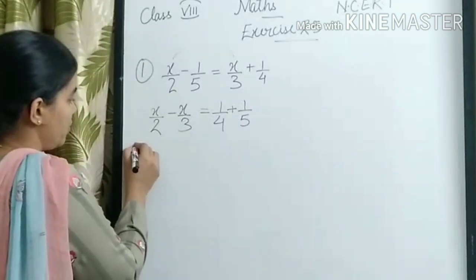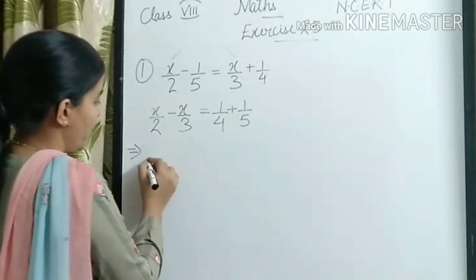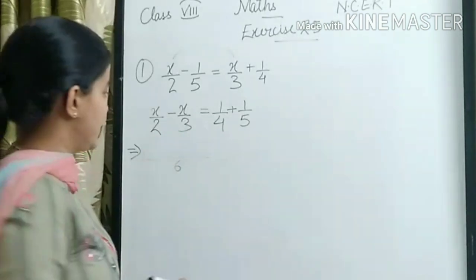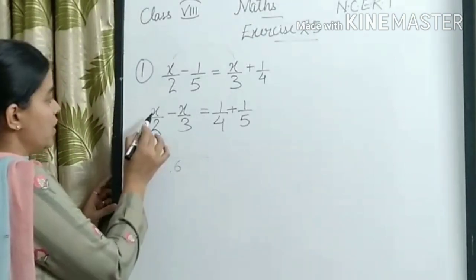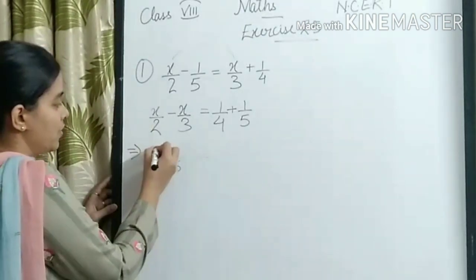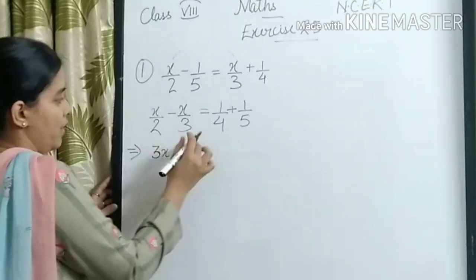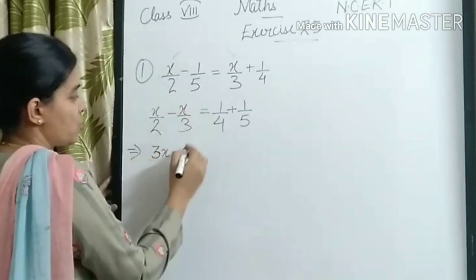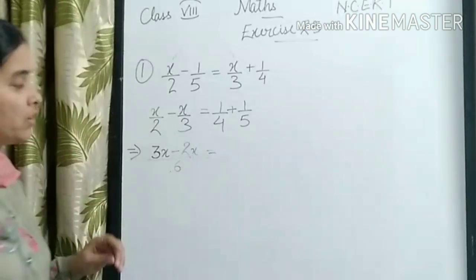Now here as we can see, the denominators are different. So what do we have to do? We have to take the LCM, and the LCM is 6. Now how to do it? 2 3s are 6, so x 3s are 3x. Here minus sign, 3 2s are 6, x 2s are 2x is equal to, now on the right hand side